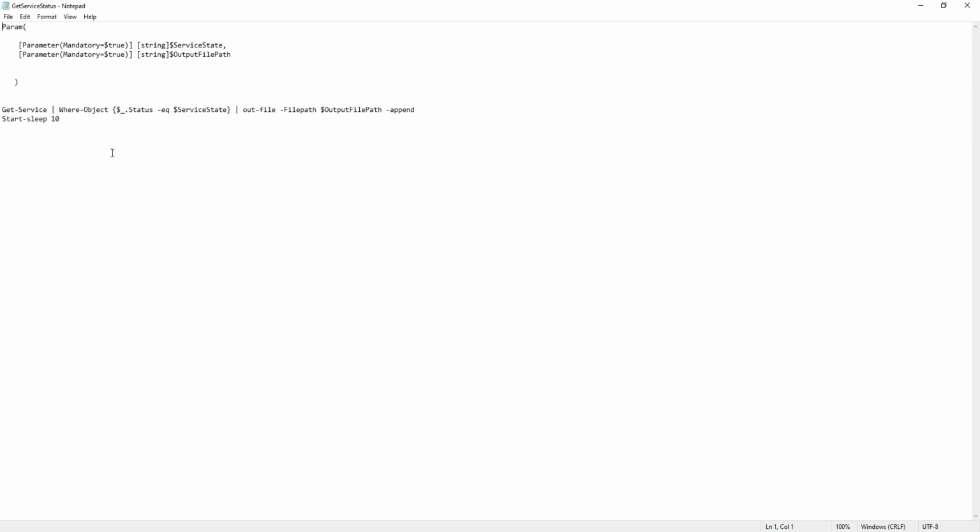So here we are giving Where-Object, right, Status equal to service status, and service status is a variable that we are passing into this example from the UiPath Studio, right? So say for example, if you want to look for only running processes or only stopped processes, or only not responding processes, we should be able to pass that value as a variable to service state. Whatever the result of the Get-Service command, we are storing into Out-File, and we have given a file path as a variable so that it will be able to store the output of the command into that file.